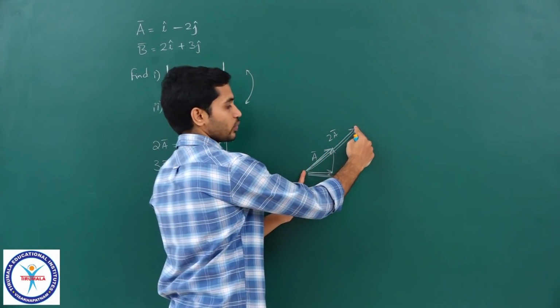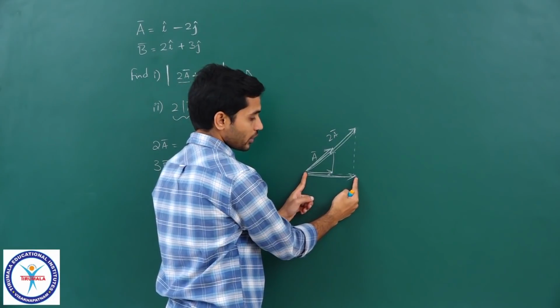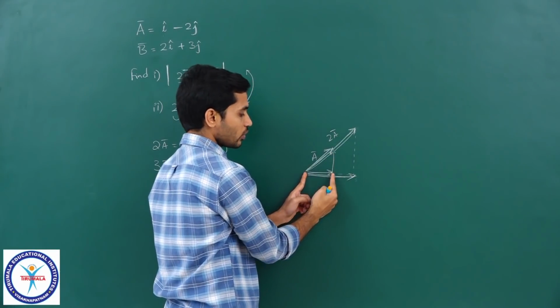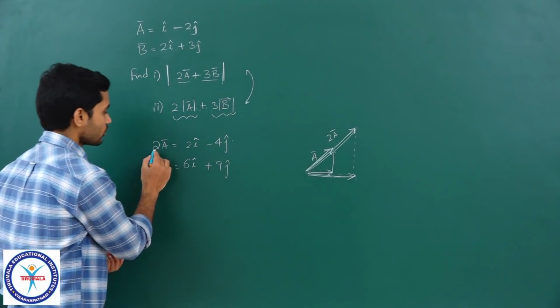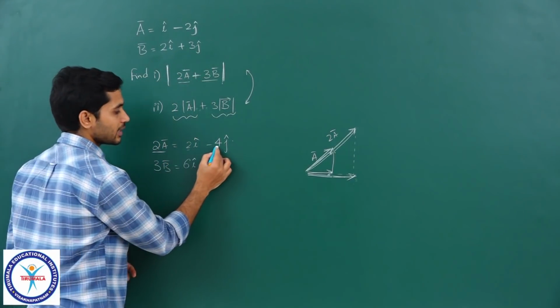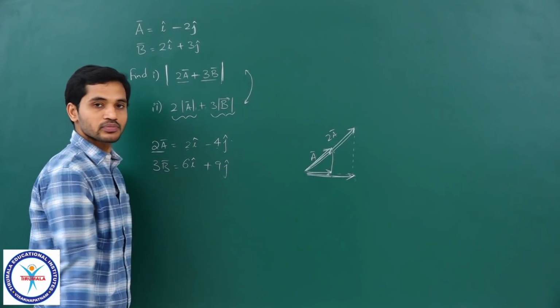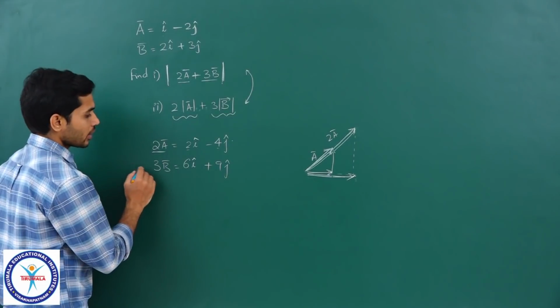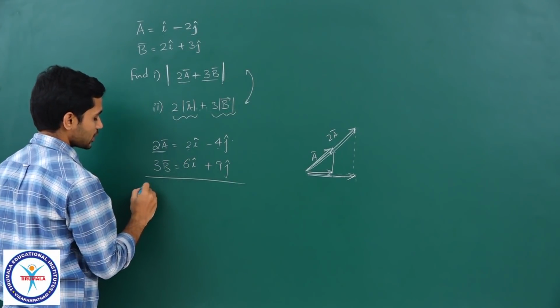So, if this vector is twice of this, then the component of that vector will also be equal to twice of the component of that vector. That is what we are doing, clear? So, if I am multiplying with 2 here, we can multiply each of the coefficients also with 2. The reason for that comes from similar triangles. Okay. Now, let us find out the required thing, which is 2a bar plus 3b bar,